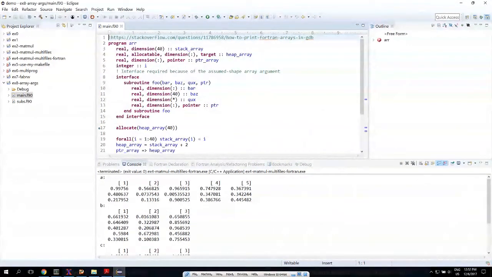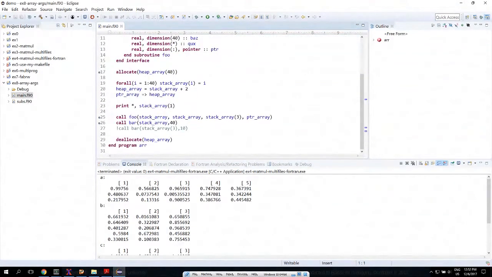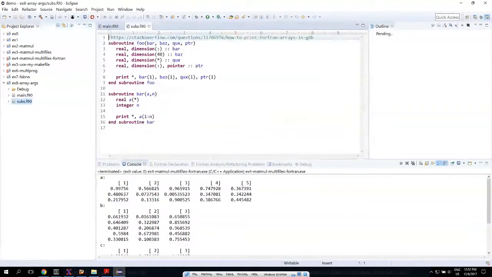This example shows how you can access an array inside a subroutine in the debug mode. Okay, how you can examine the content of an array that is passed to a subroutine, and you examine that array from inside the subroutine. Okay, so this is the main program. The main program calls 2 subroutines, foo and bar, and foo and bar are in this